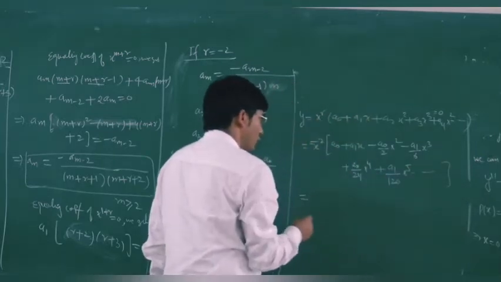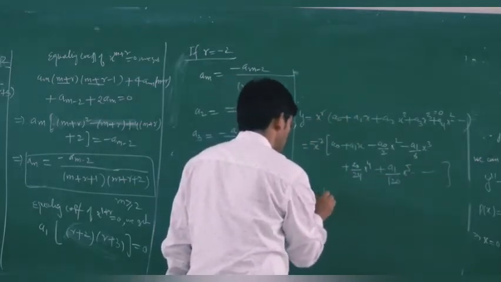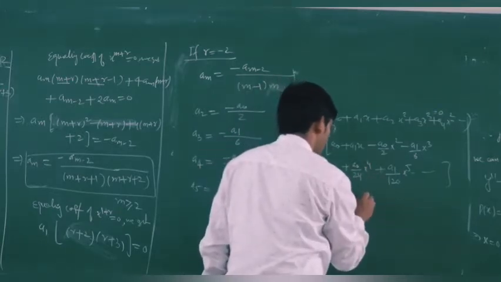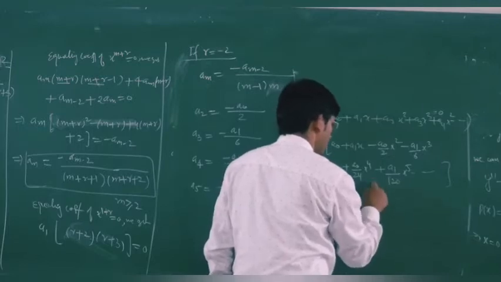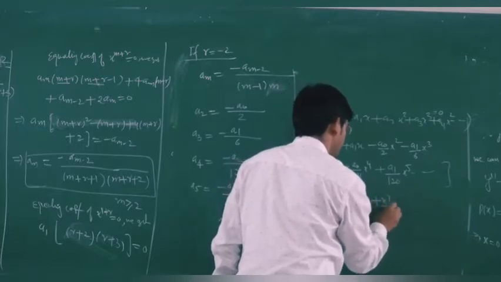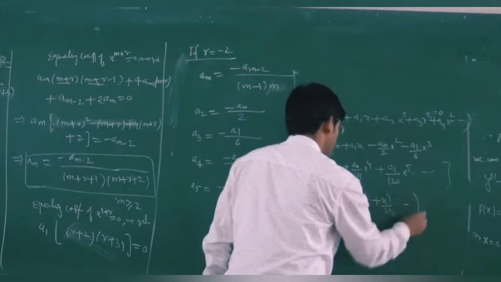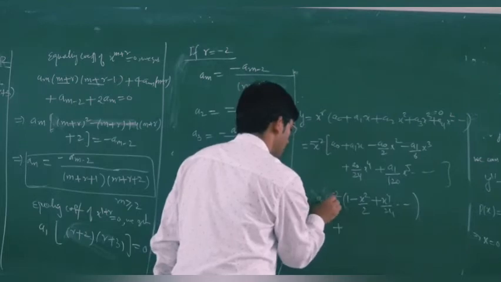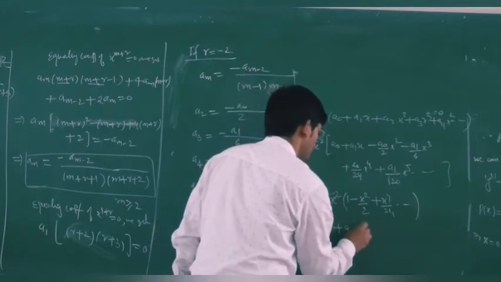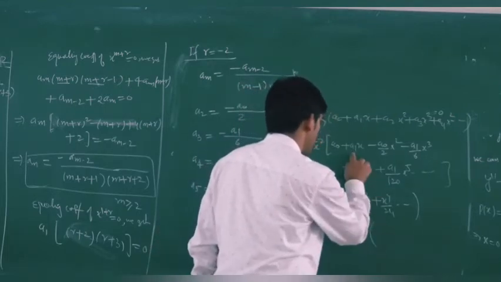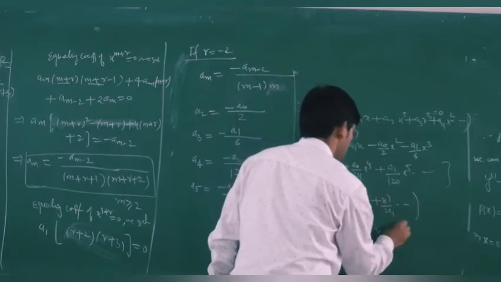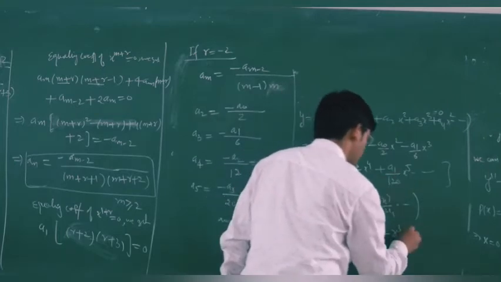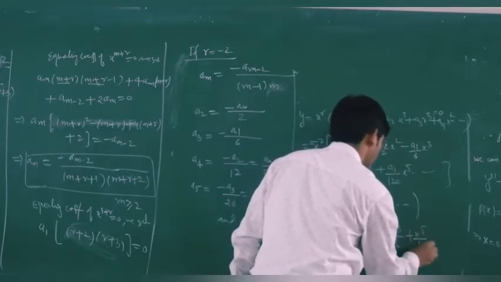So let us take a0 common, so we have a0 into x power minus 2, then we will have 1 here, from here we will have minus x square by 2, then your x power 4 upon 24. Then the next term will be your a1, so this is your a0 into this term, and then we will have a1 into x power minus 2, and in the bracket we will have x minus x cube upon 6, then this term x power 5 upon 120. So this is your